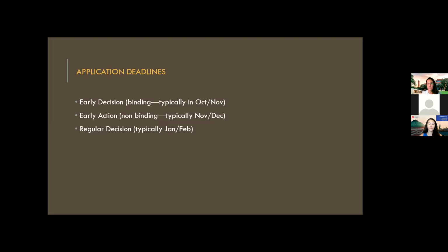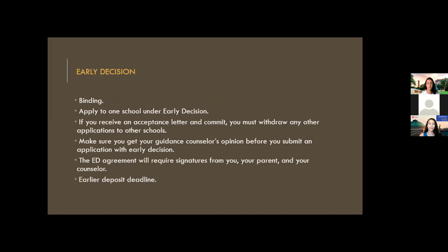And then regular decision, the deadline could be as early as December, but typically is a little bit more in that January, February timeframe, sometimes as late as March. So again, it does depend just a little bit on the institution. So let's dive into each of these and get a little bit deeper. So early decision,